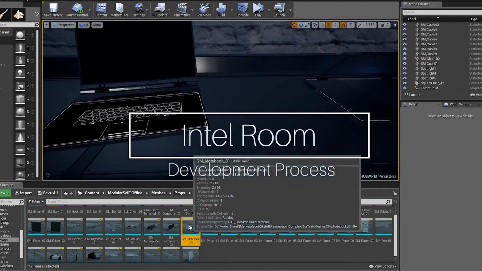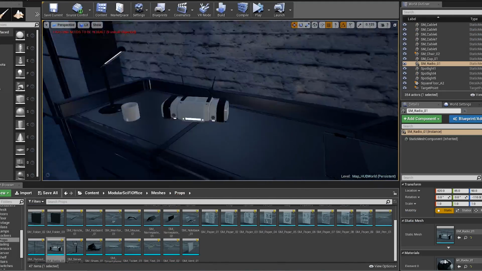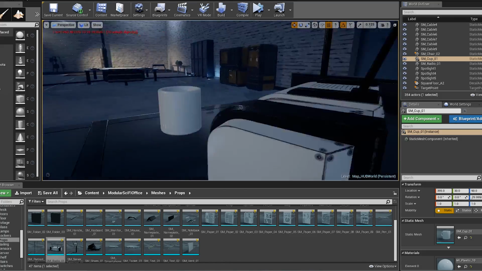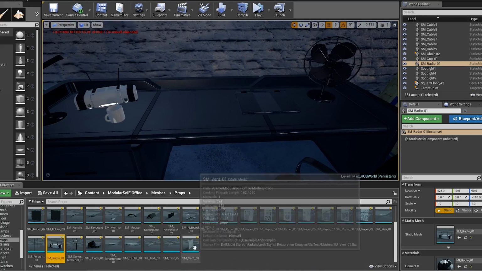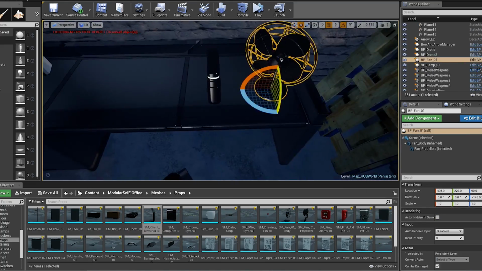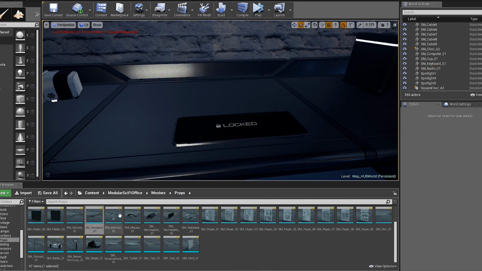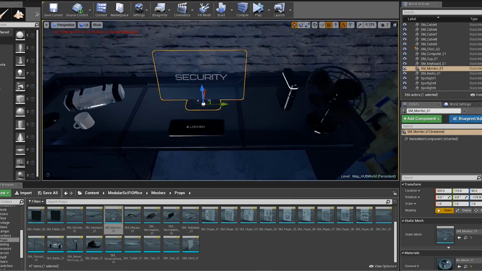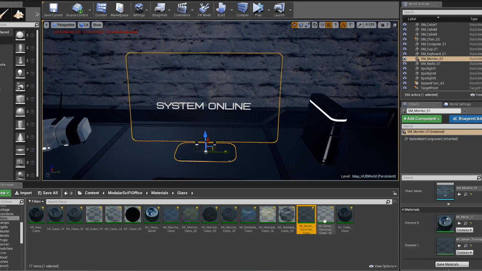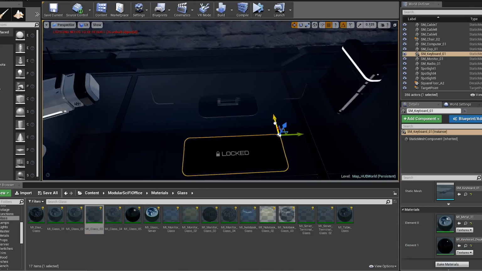When it comes to designing and creating the room, that was quite a simple process. I needed props that worked together and some props that were very unique to this room, so you knew this was the Intel room. One of the important things is making each area distinct from one another, and that is very dependent on what you put in the room. There are other methods such as lighting, but for this environment, the objects in the room are very important, and I can't just go scattering them around. It doesn't make sense for the computer to also be in the weapons room and the map room.